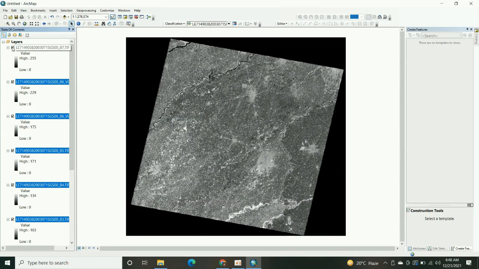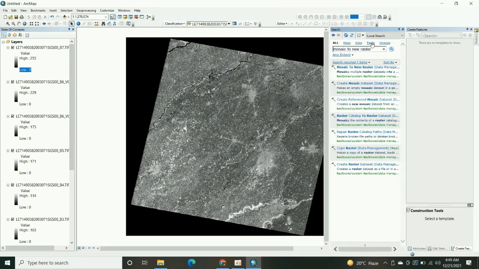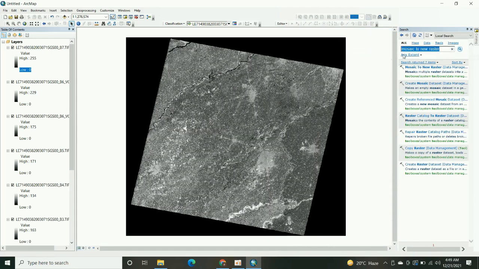These are the individual bands. We have to utilize the Composite Bands tool, which allows you to combine rasters to form a multi-band image. Type composite.